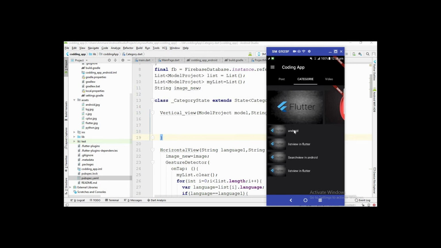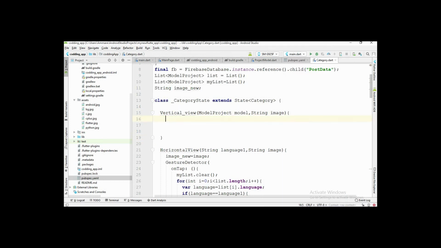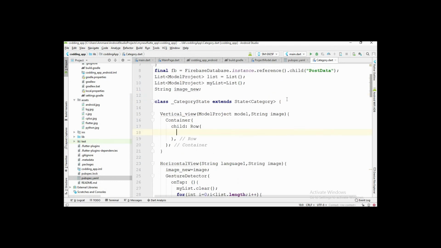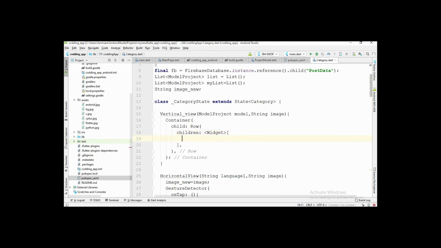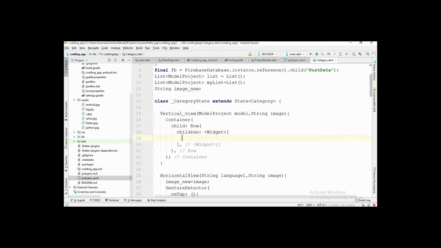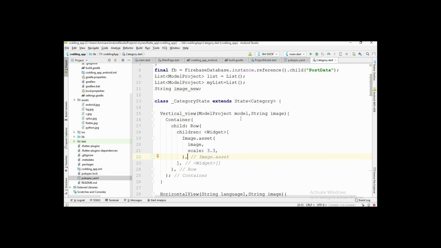So this is a row. First of all in this row I am going to create an image. Here is an image and I pass this image to asset image, and after that I set the size of the image, and now I am going to create a text view here.